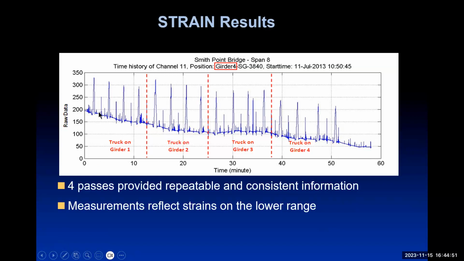The truck on girder 1 to start with, and then on girder 2, girder 3, girder 4, and so on. So we could measure the change in stress as the truck went over. 4 passes provided repeatable results. You can see truck on girder 2, and we've got effectively the same amount